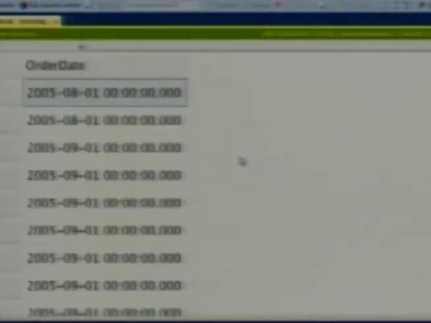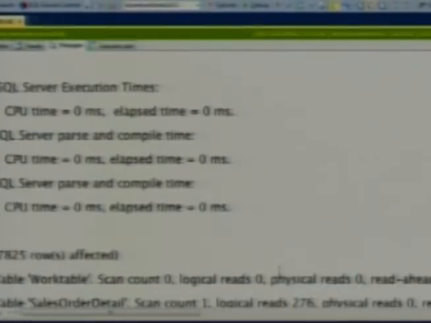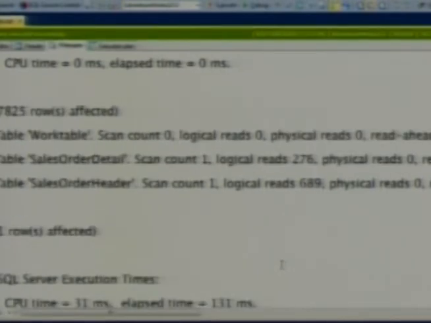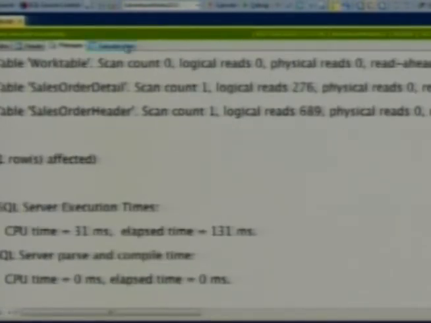And so if I do this and run the view, it comes back in a reasonable period of time. It's 1,000 reads, 131 milliseconds. It's not that painful. And the execution plan says 0, which is not right. The execution plan is referencing 2 tables and doing clustered index scans.